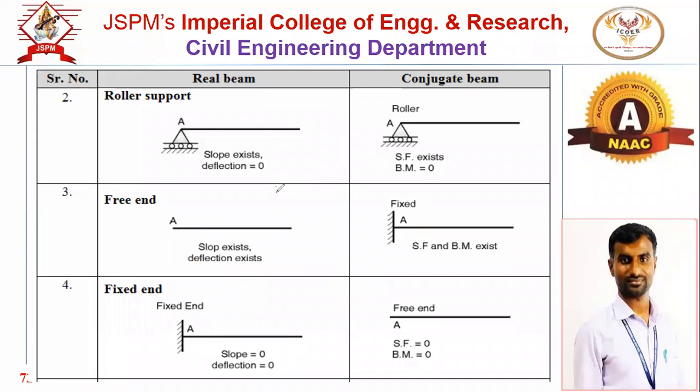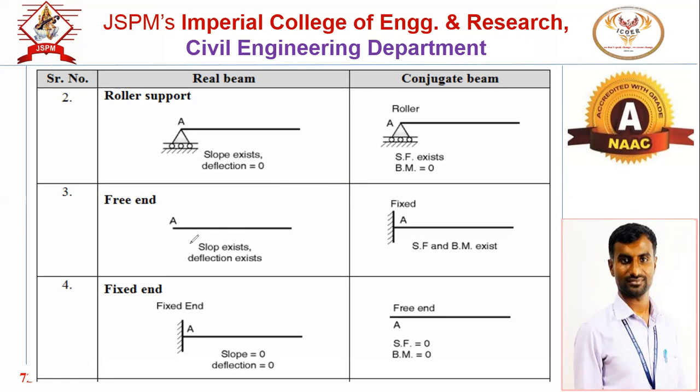Means in case of cantilever beam, now suppose this is the cantilever beam, real beam आहे हा. This is the actual or real beam. If I have to draw the conjugate beam of this real beam, now this fixed support will change to free. Fixed support काय होणार? Free end होणार आणि free end will change to the fixed support. असं mirror image type conjugate beam तयार होणार इथं. Fix support झाला free, free end झाला fixed. Okay. Free end will be fixed and fixed end will be free, vice versa.